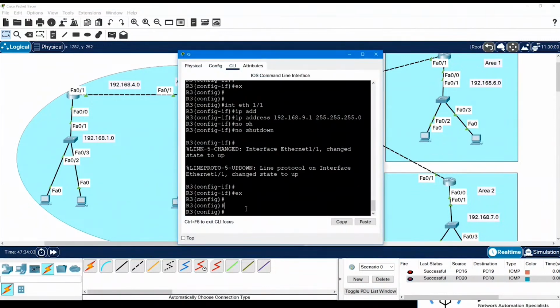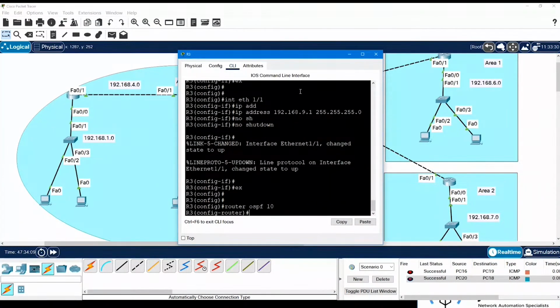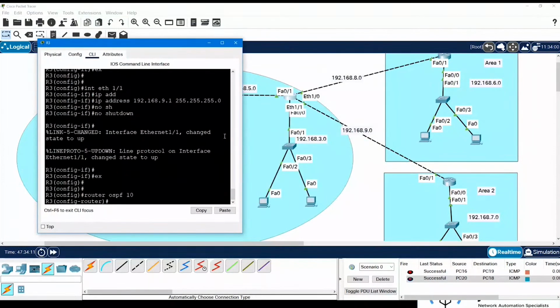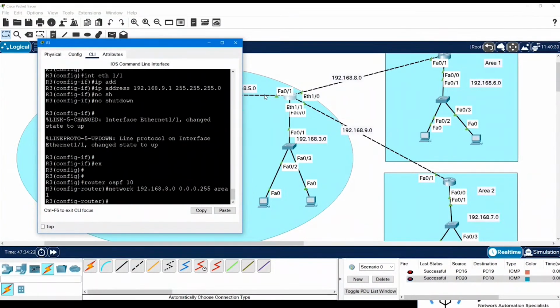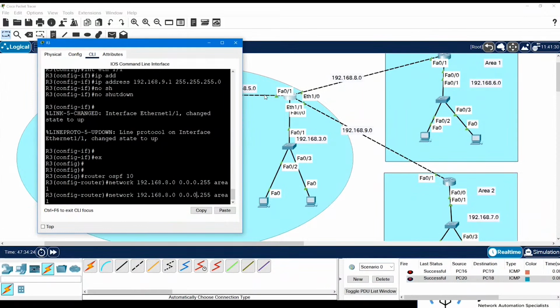So we will go to interface. So we will again go to router OSPF 10 and we will advertise the network 192.168.8.0 with the wildcard mask. We are going to put it into area 1. Now for 9.0, what we will do,